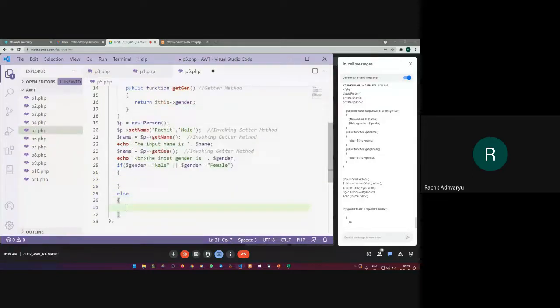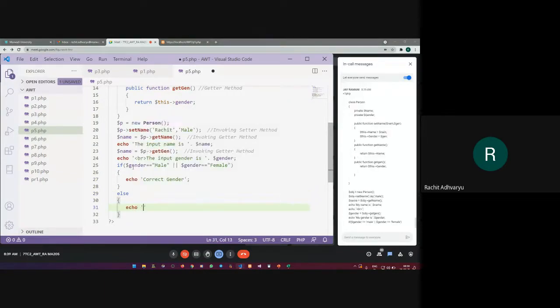Else, what you need to print? Echo single quotes, correct gender. And if it is not one, then we can say echo invalid gender. That's it. This was the program that I was expecting.